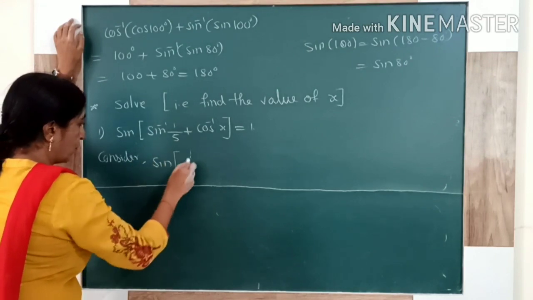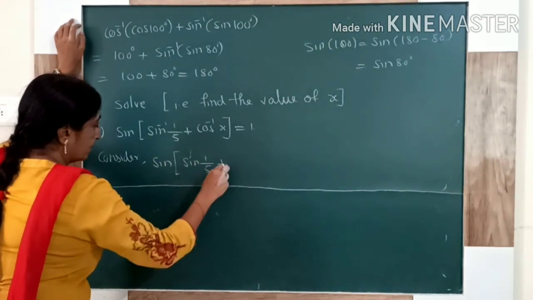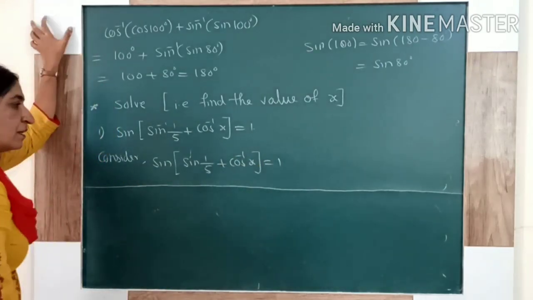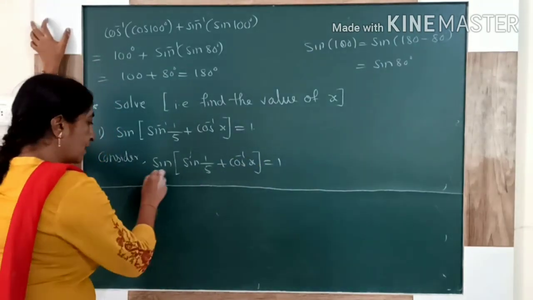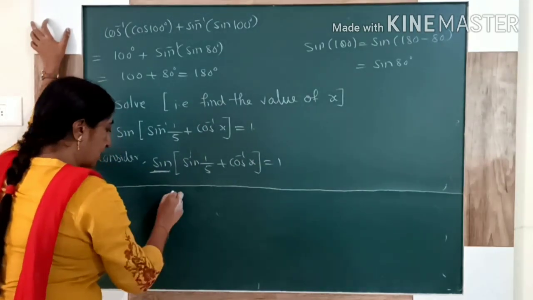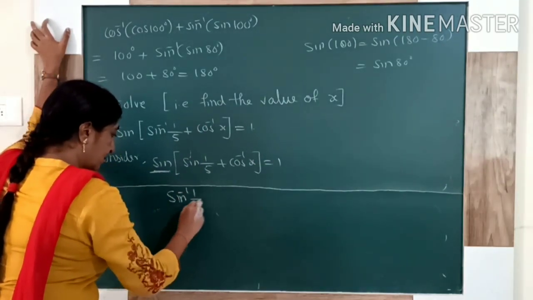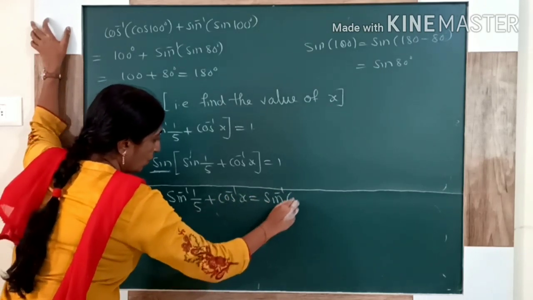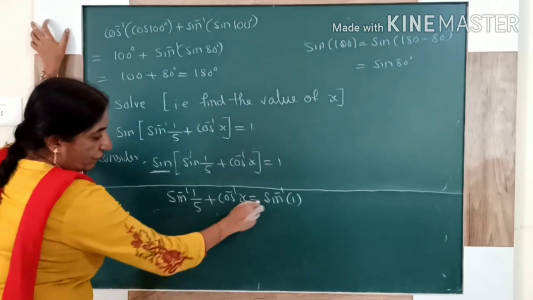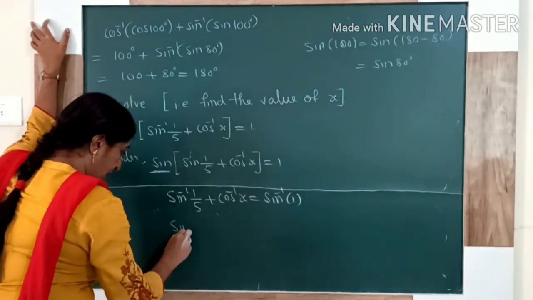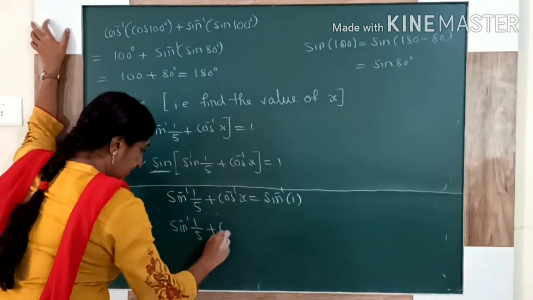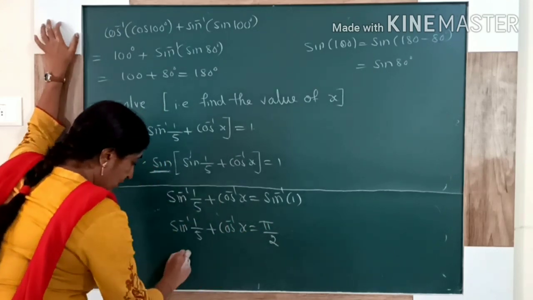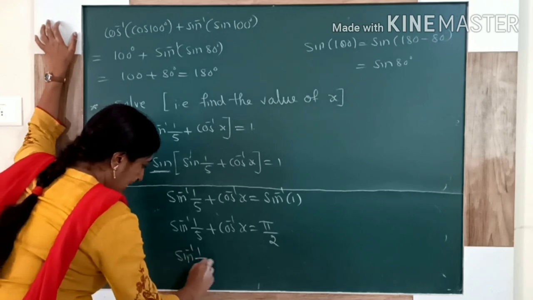If you are solving for x, first I write the LHS as well as the RHS. Now I am taking only the sin part to that side. It will be written as sin inverse of 1. And you know how to refer to the table. Sin inverse 1 value is pi by 2.